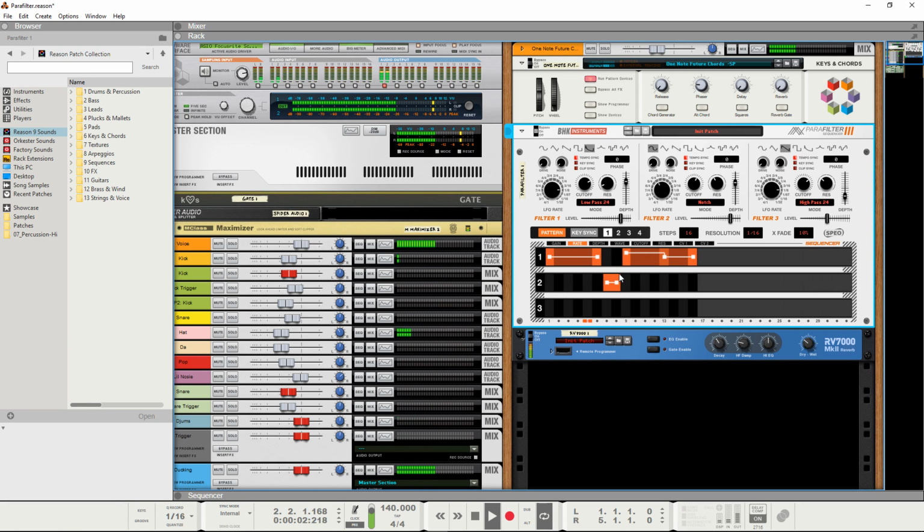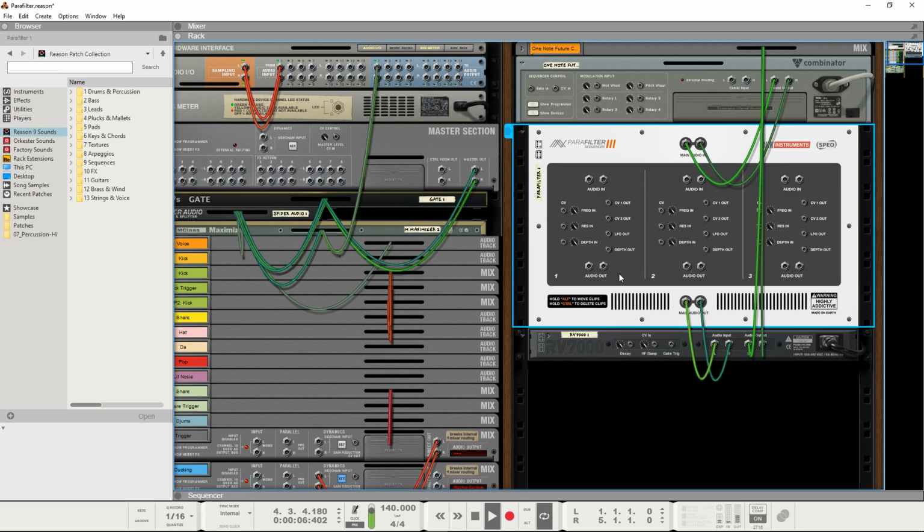So this was just a very small peek into what is possible with Parafilter. If we switch to the back, we can see we have loads of options to hook Parafilter up to other Reason devices. And even within the device, we can make some interesting cable management things here. For example, we could hook up filter 1's audio out to filter 2's audio in, and suddenly we have a sequential filter